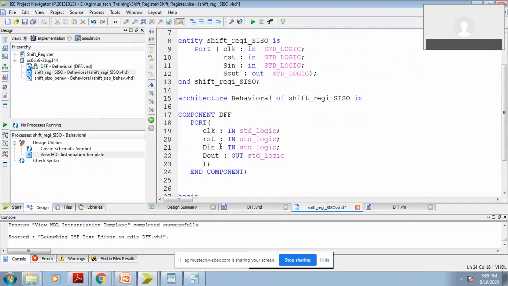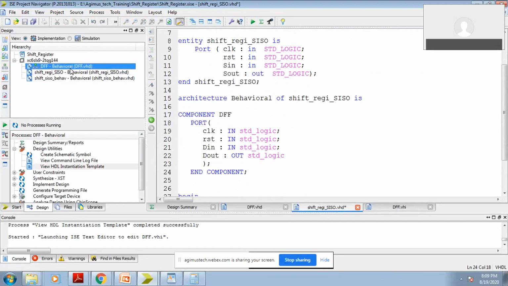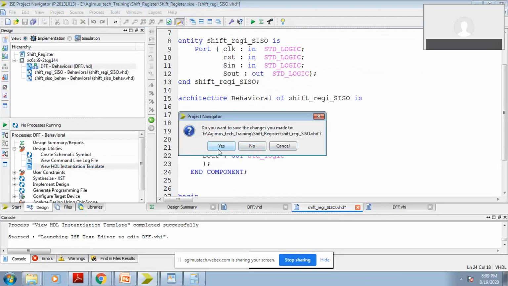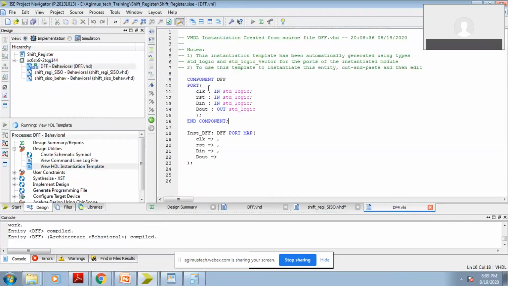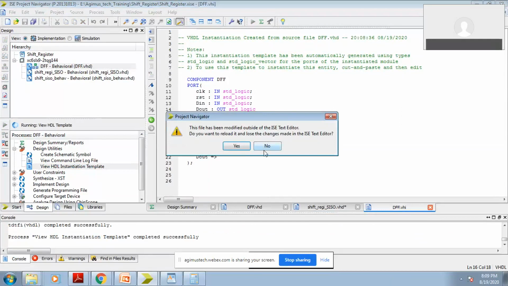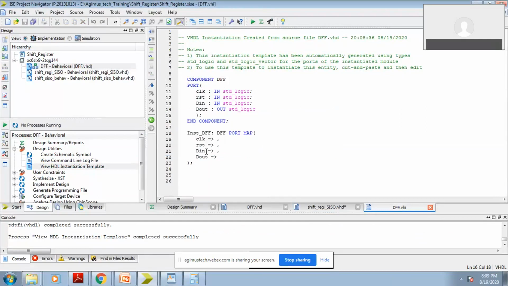So now my component declaration is done. There is no need to do anything else. What to do is select the component which you want to be used in your design and click on the view HDL instantiation template from the design utilities. So once you click on this, this file where they already declared the component.